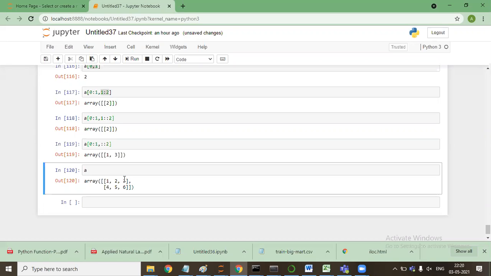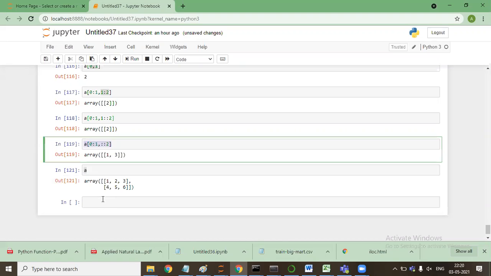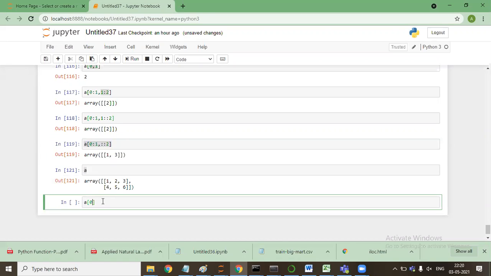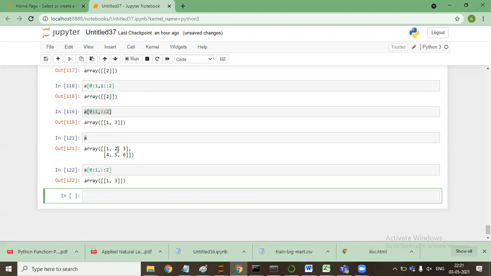Are you guys with me? Can you repeat? So I said, this is the array A. I said A[0:1]. What does it mean? I need just the 0th row. Then I said ::2, this means alternate values. It will first pick 1, skip 2, pick 3, and skip another one in case it has many more values. It will say 1 and 3. So it will skip the value in between.